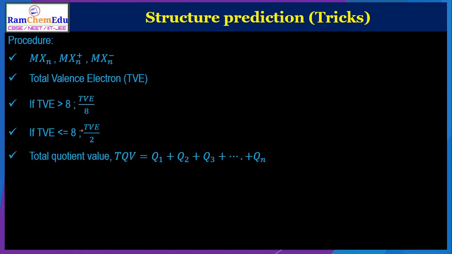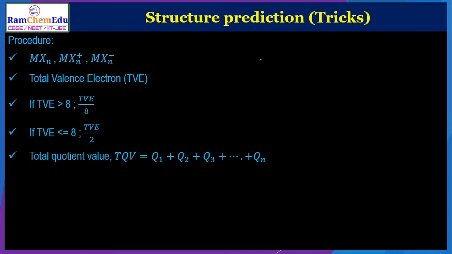So, the procedure we have to follow here. The examples will be given as per the formulas like this. It may be neutral or it may be ionic, positive or negative. So molecules will be provided like this. In this, there is the central atom and these are the surrounding atoms, with n number of atoms you may have there. For each of these, first we have to find out the total valence electrons of the given molecule.